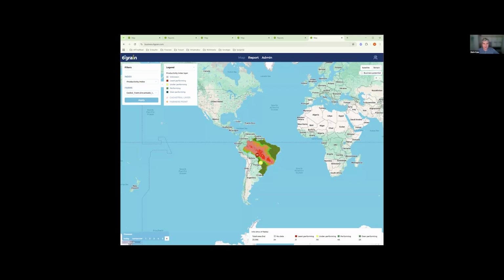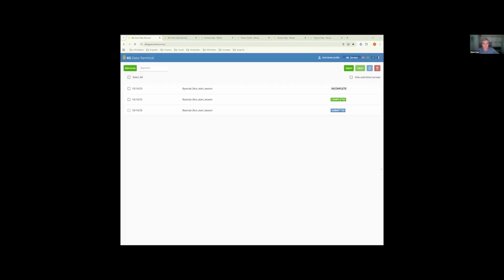And then the last one, and then I'm going into Q&A, is the data terminal. Here we go. So as I said earlier, we will always have the need for ground truth data. And we have created, no, it's not simple actually. We can get quite sophisticated with the logic behind it, but it is a tool which allows any person to very simply capture the data we need.